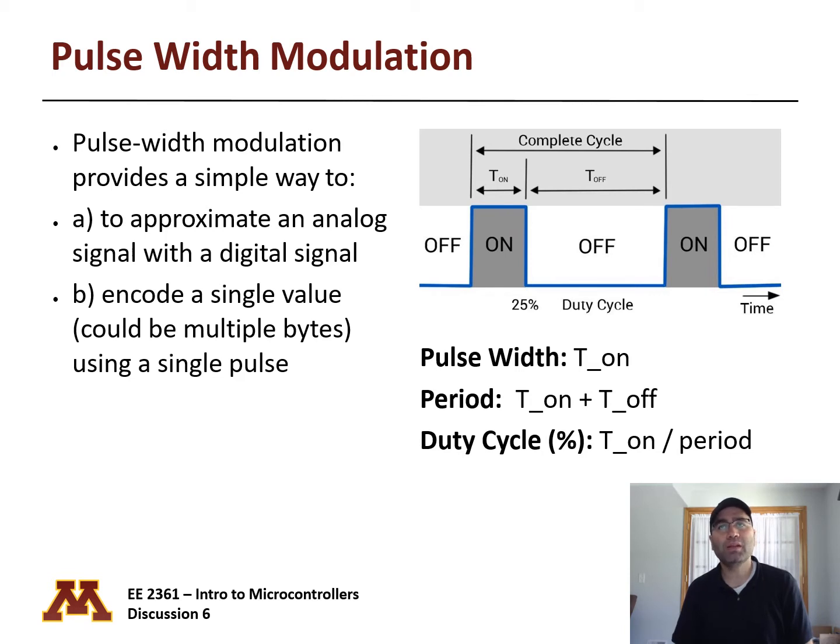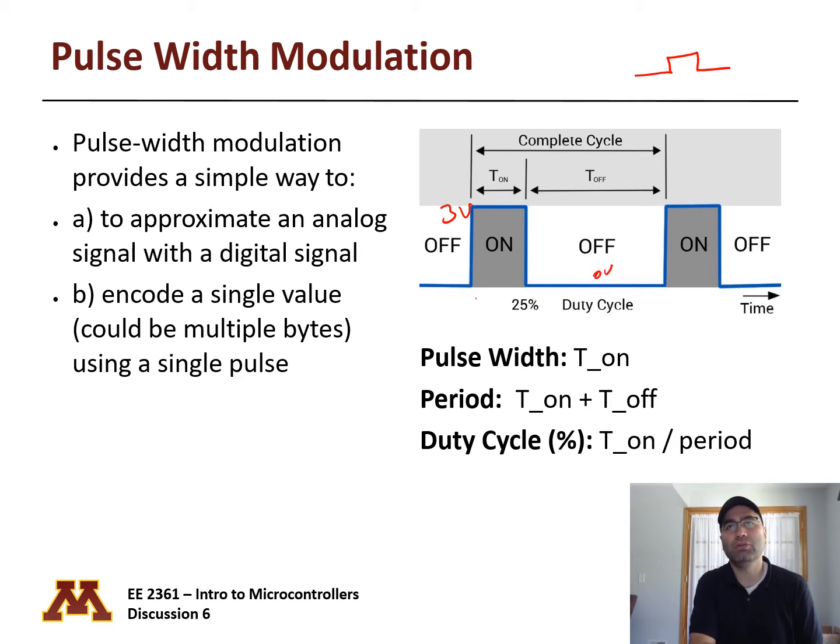Basically, you have a signal. In digital, we have either high or low. Let's say we have 0 volt, or in our microcontrollers 3 volt. We don't have anything in between unless we use analog modules, like an analog to digital converter or digital to analog converter. But what we can do is approximate an analog signal with a digital signal. So if this is 3 volt and this is 0 volt,